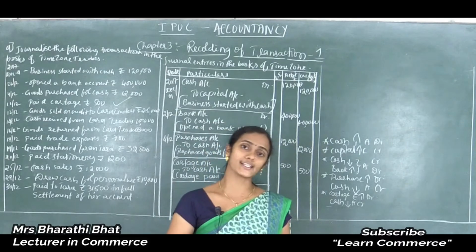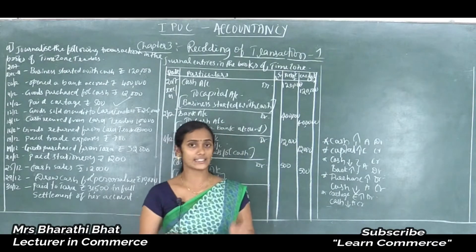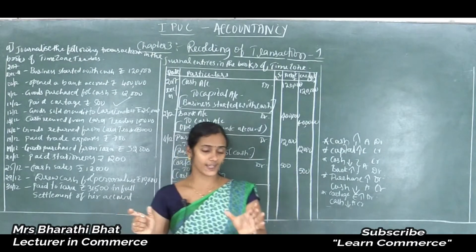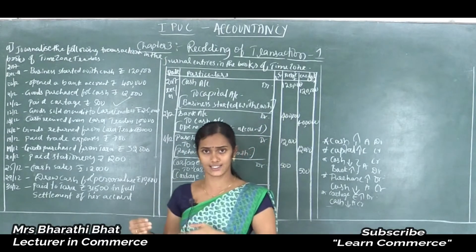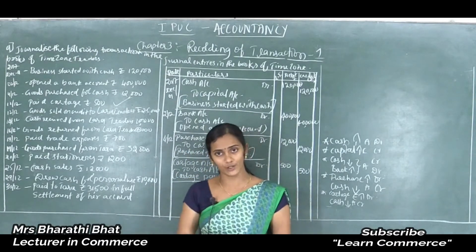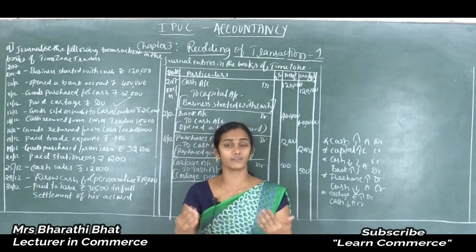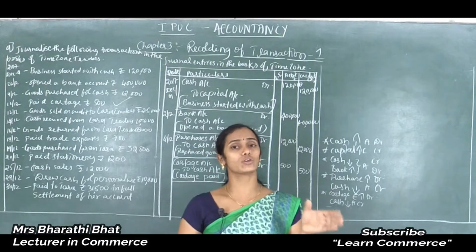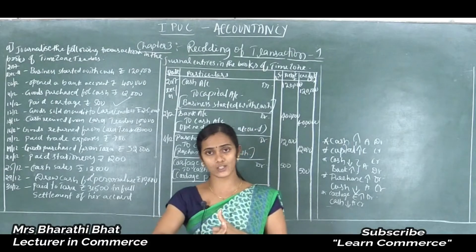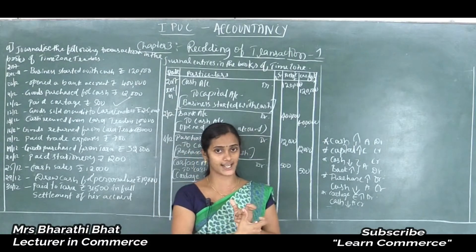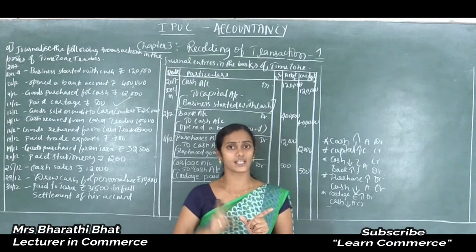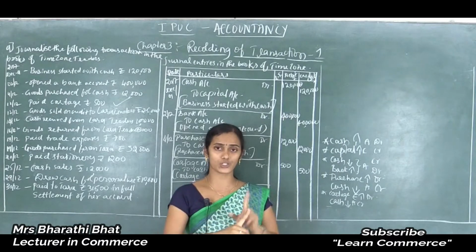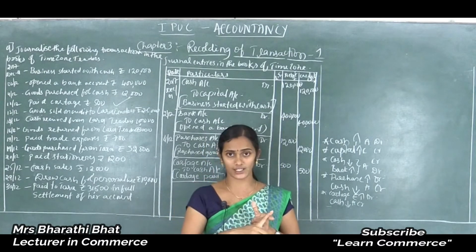When your organization sells goods on credit, is it considered a liability or an asset? Yes, many are saying that it comes under asset. Yes, correct. Why? Because we are selling goods to someone, and in the near future we will receive that amount. For example, in a cash transaction, goods sold on cash, the two accounts affected are cash and sales. Cash shows increased value, sales also shows increased value, and sales comes under revenue, correct, right?